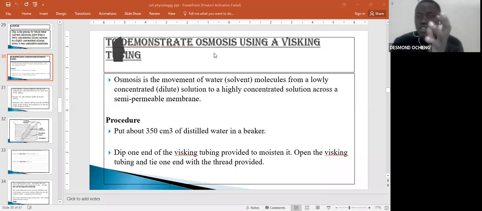So visking tubing is a semi-permeable membrane that is artificial. That is all about it. An artificial semi-permeable membrane that we use in our laboratories is a visking tubing. So we say that it is a semi-permeable membrane because